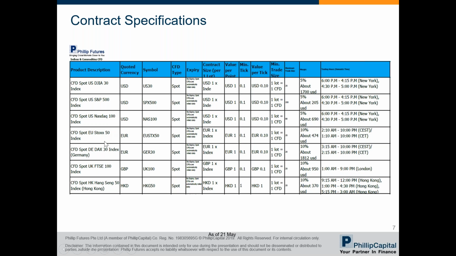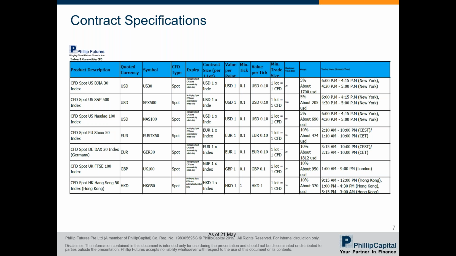Next two are the European indices, Euro Stoxx 50 and German DAX. Both contracts are also standardized as 1 lot each. 1 point movement in the index equals 1 euro. Not US, but in euros. The smallest tick is 0.1 in euro cents, which equals 10 euro cents. Although the price movement is in euro, it will be converted and shown as USD in the MT5 platform, as the platform is USD based.